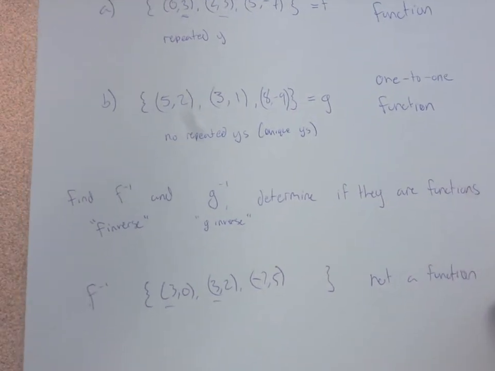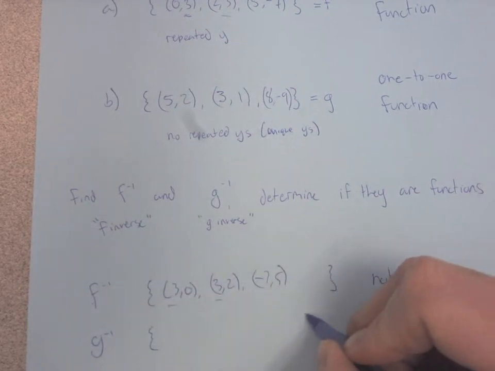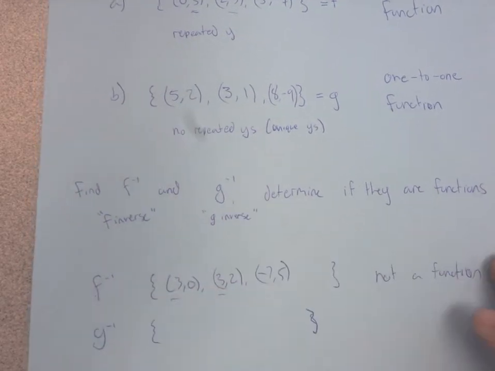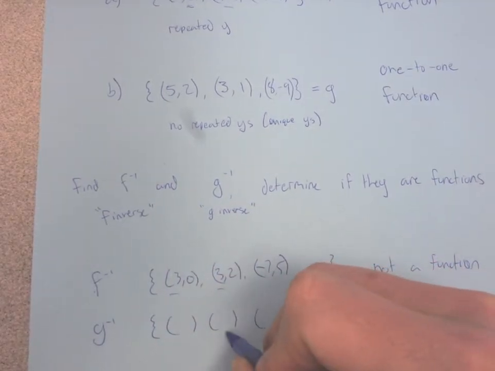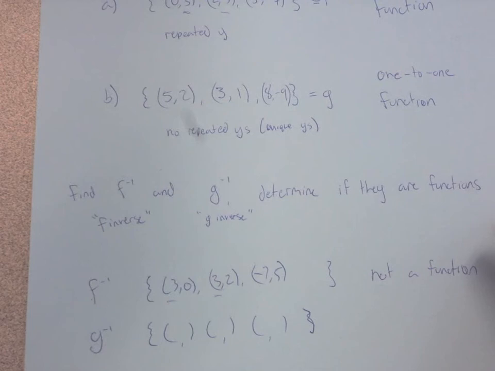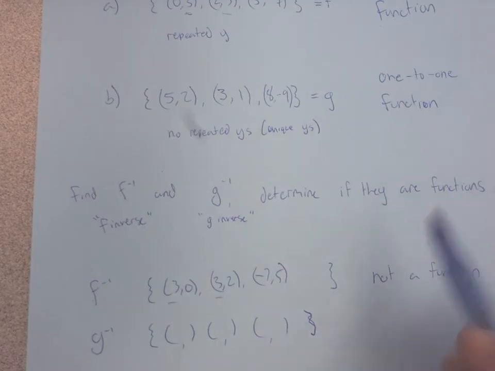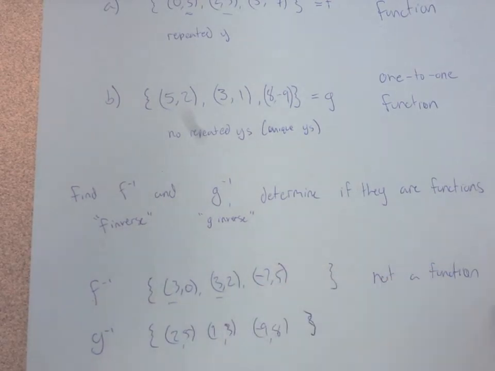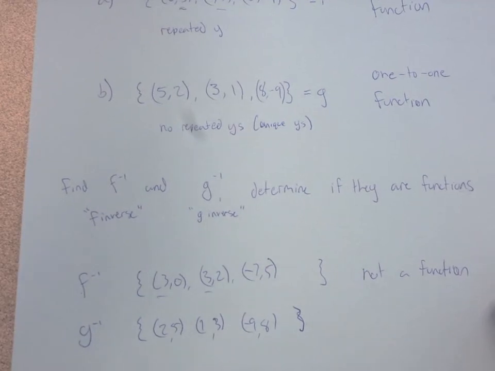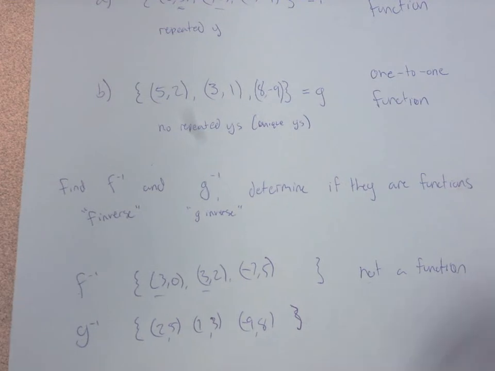Now let's find g inverse. Again, to find the inverse of a function or a relation, oops, curly brackets don't look so good there, you're just going to exchange the x and y coordinates. So here's the g function. I've named this guy g, and it's a function and it's a relation. Let's swap the x and y values. Now notice because I didn't have any repeated y's, when I flip this around, this is going to end up being a function